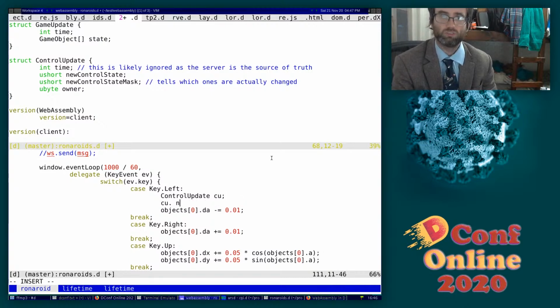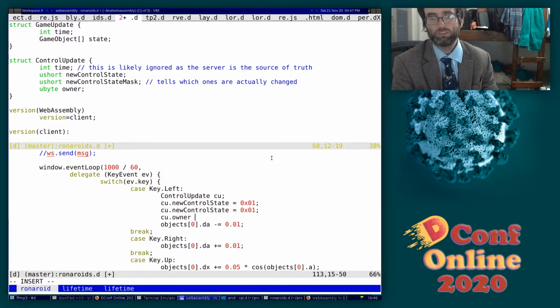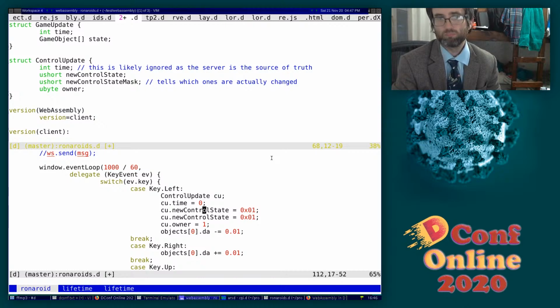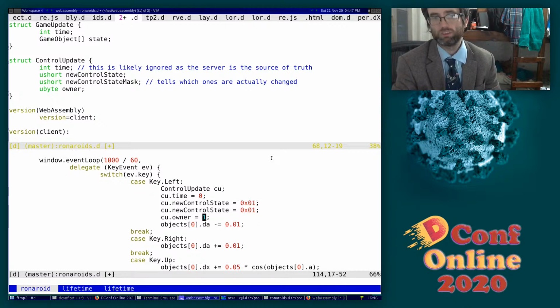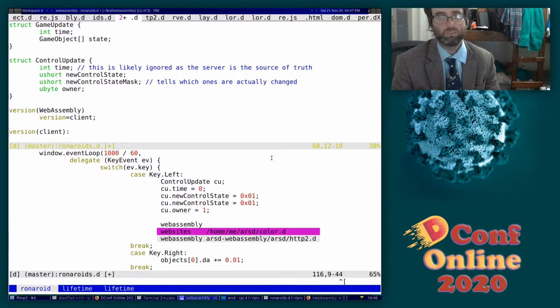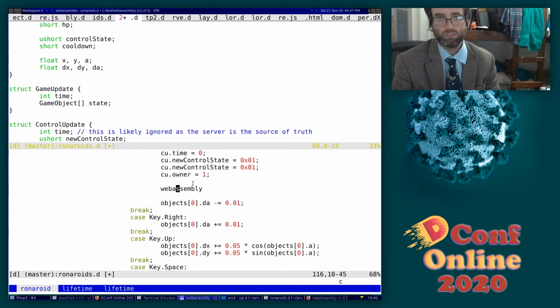The new control state is going to be, this is left, let's call that 1. New control state mask equals again 1. Owner is myself. I should set the time, but I haven't yet. So then I'm going to want to do, what do they call it? ws.send, and instead of sending